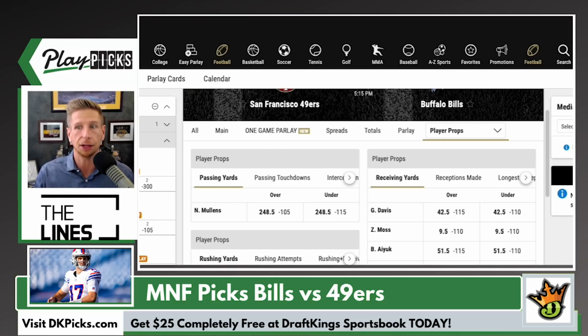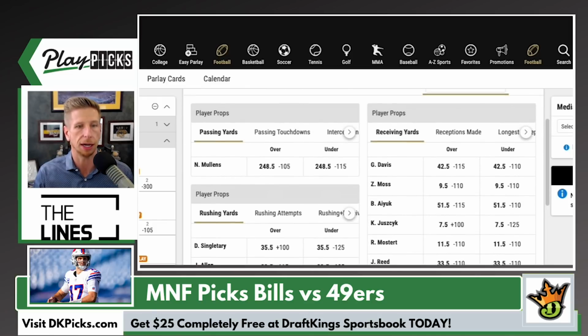Josh Allen has gotten to this threshold a ton of times throughout the course of this season, and in this matchup, definitely like him to get there again. So over 29.5 on Josh Allen rush yards is where I feel pretty confident on that. One of the other things that I'm going to be doing is touchdown